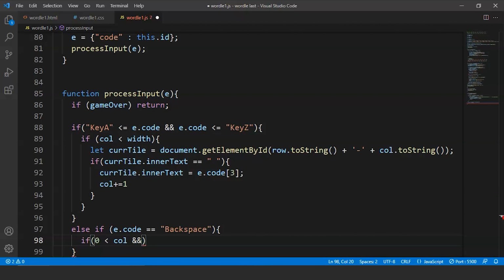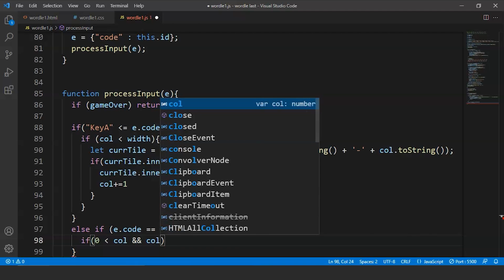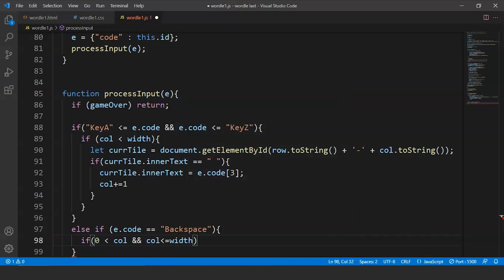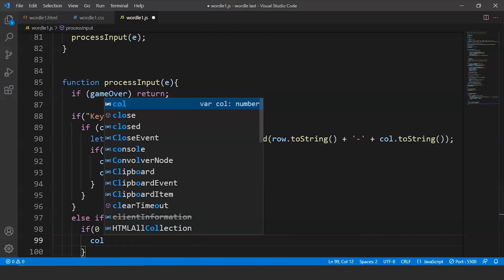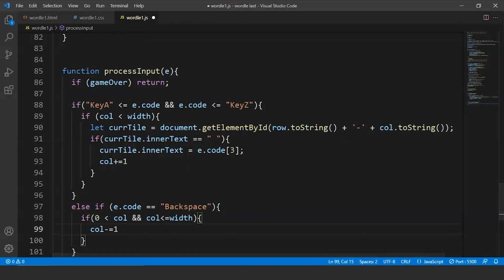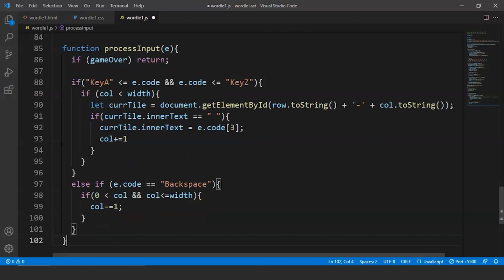and call is less than or equal to width. Then what will happen is call minus equals 1. So basically what we are doing is we are deleting the letter. So we'll write here this, and after this else if, what we have to do is we have to write here